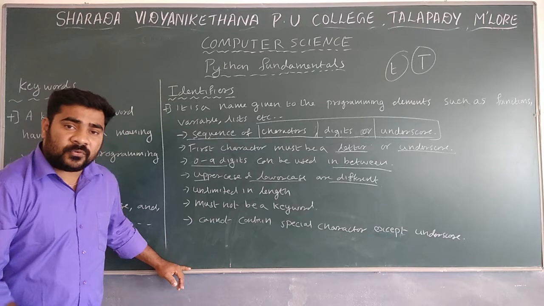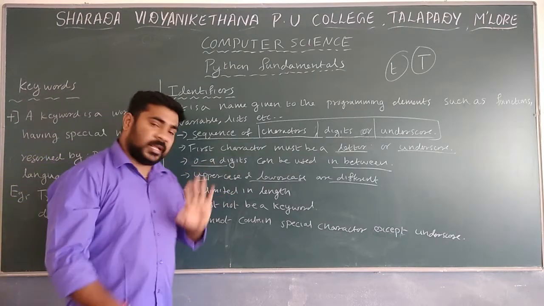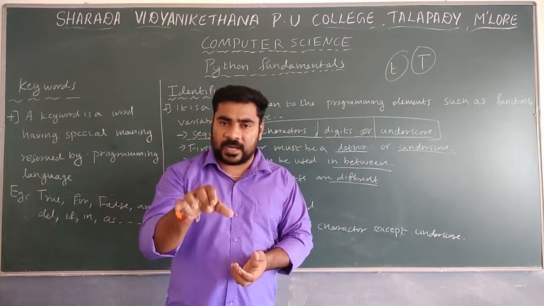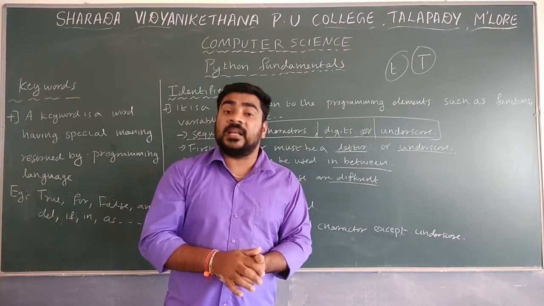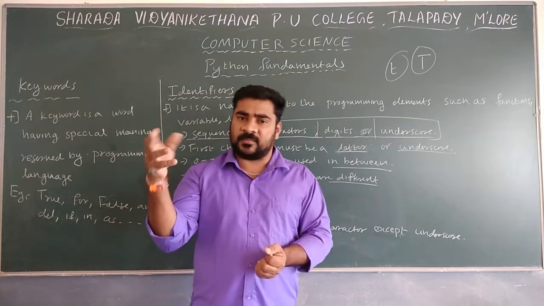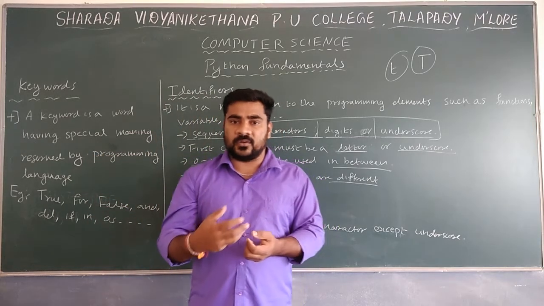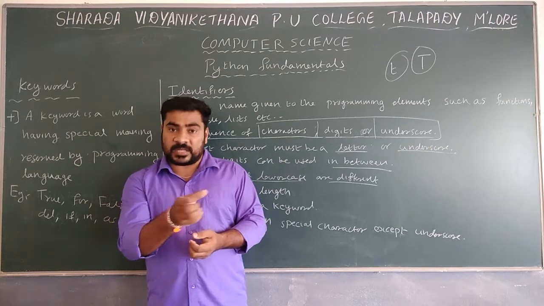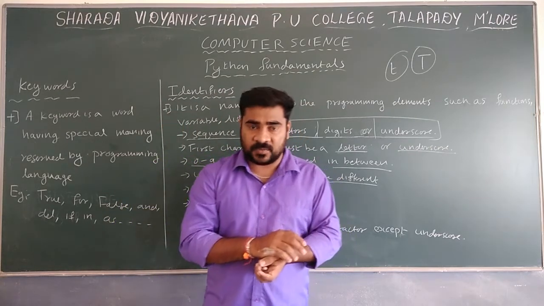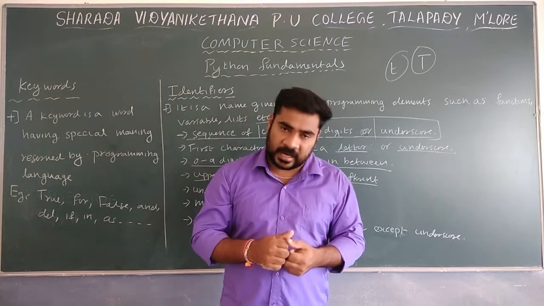Whenever you provide a name, the identifier is unlimited in length. The length is not limited to only 8 characters or 9 or 10 characters. Certain limits are not there. A single character is possible, or we can use a sequence of characters, 8, 10, 100, 200 characters. That is possible. There is no limit for variable length or identifier length.